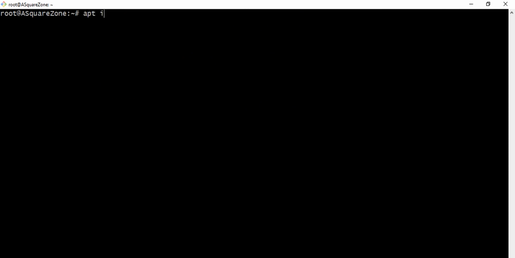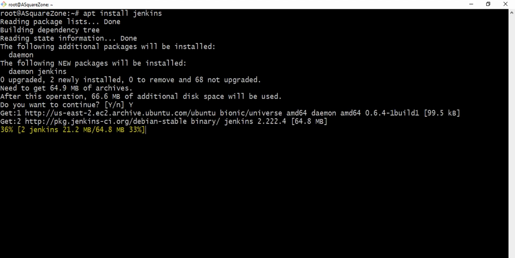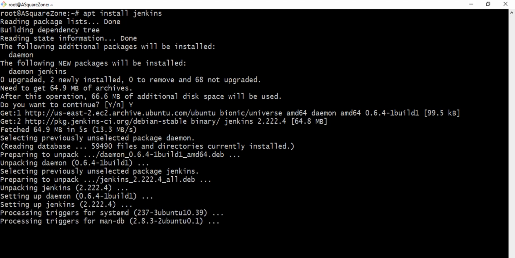So apt install jenkins. Using this command, we can install Jenkins on this server. So it gets all the dependencies as well. It is getting packages all over here.